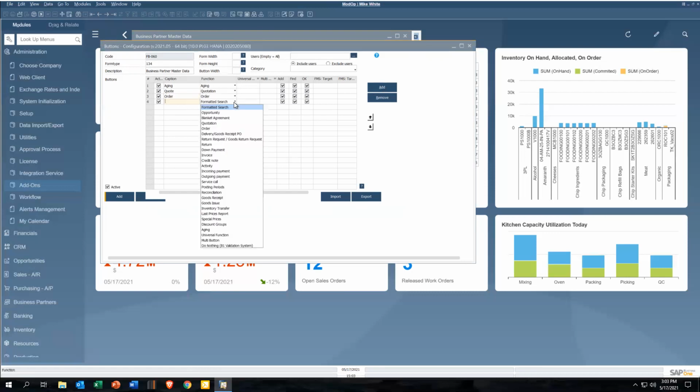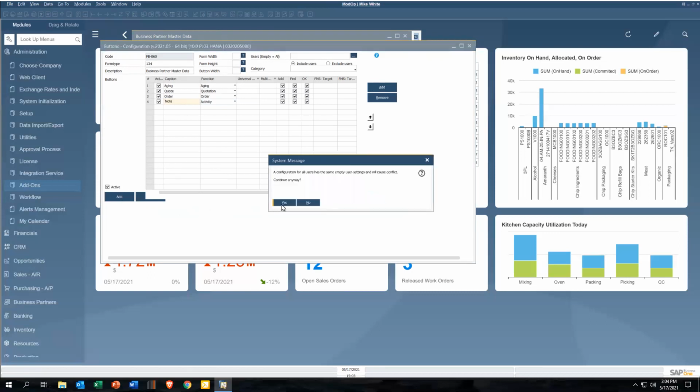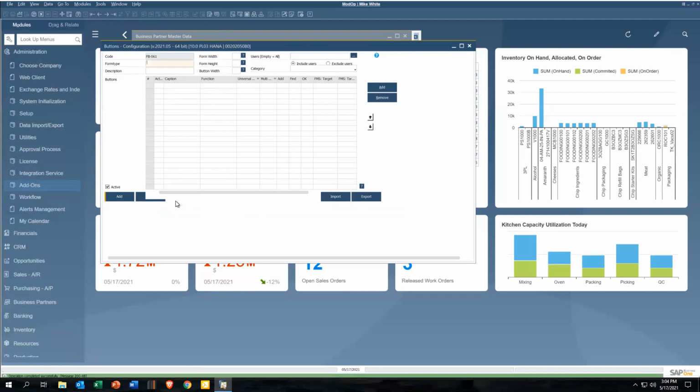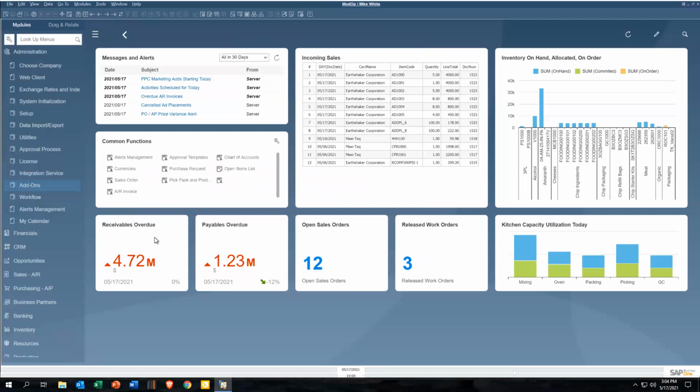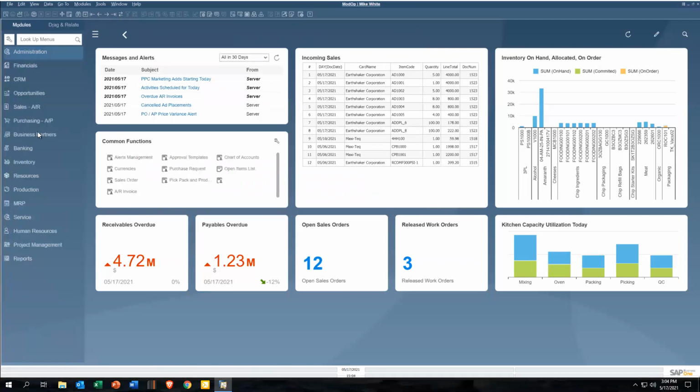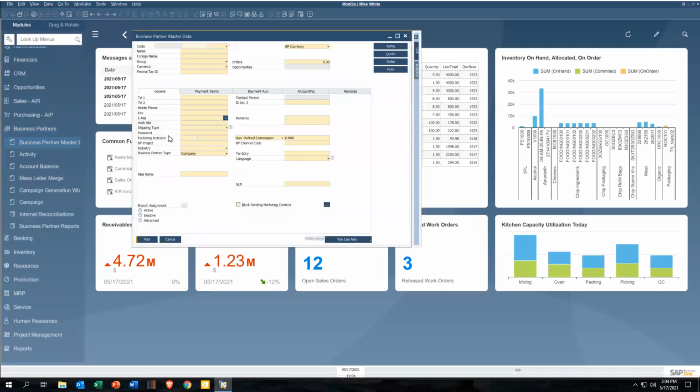And then the last one might be creating an activity. What we might label this as simply is note. Now, let's add our function buttons and watch what happens. Let's cancel out of this screen. Select OK. Now, next time we go into our business partner master data, you're going to see some quick launch buttons. There we go. So I now have buttons on my right that give me the ability with one click,